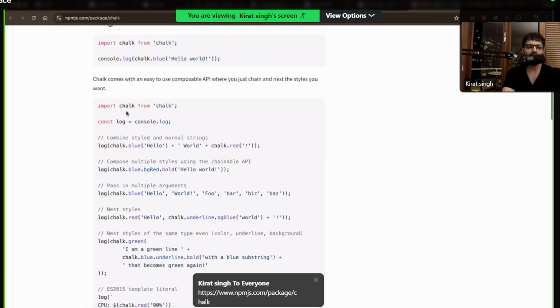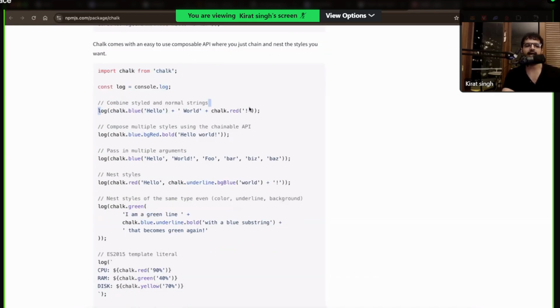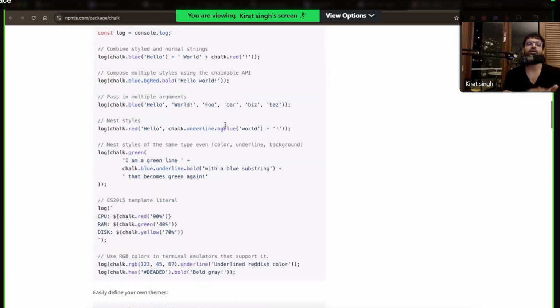These guys have written some helper syntax for you. You import chalk like this, and if you print this, it will probably print hello in the blue color, world normally, and exclamation in the red color. So you can look at the documentation of this library and how you can use this locally.